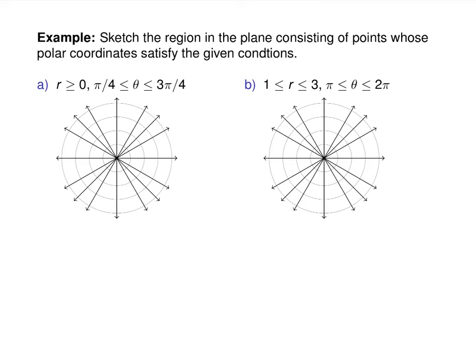So sketch the region that satisfies the given conditions. So I have positive radii, and my theta is between pi quarters and 3 pi quarters. This is an appropriate Thanksgiving question, because it's going to look like a chunk of pie. So if your theta is in between pi quarters and 3 pi quarters, that means you're in between this